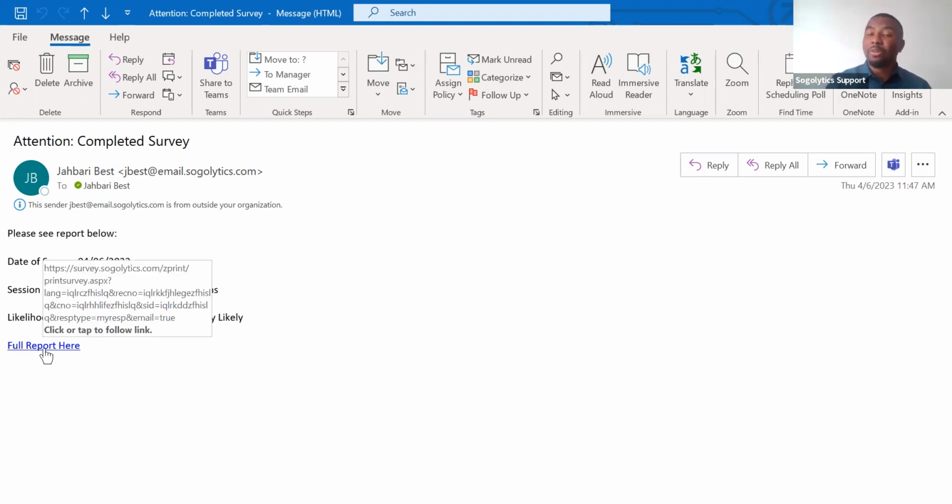You didn't have to go into the platform to see that. You were just notified of this. And you can send this notification to your manager. You can send these notifications to maybe some of the higher-ups in your company, maybe some coworkers, to let them know that a survey just came in. And that is the use case for rules and alerts. So if we jump into how we can actually create rules and alerts,